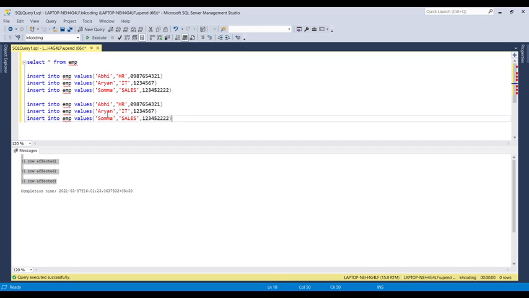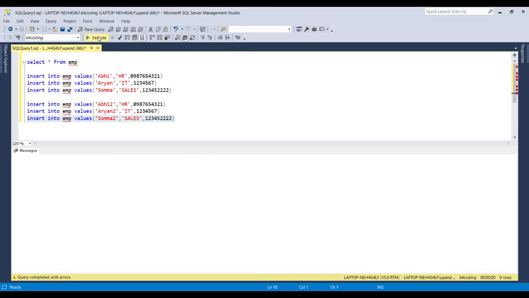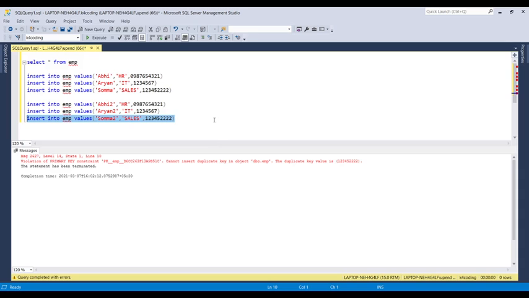We just copied the same value for the duplicate check or primary key check. We are going to just change the name and try to execute the same query. As you can see, it's showing "cannot insert duplicate key" because we have the primary key on mobile number. Similar to the second and third, it's providing me the same error, cannot insert duplicate key.